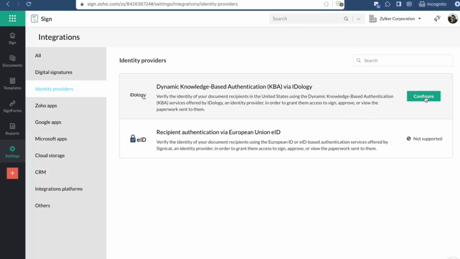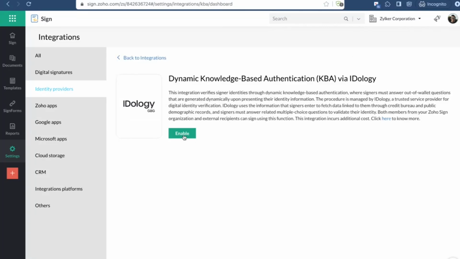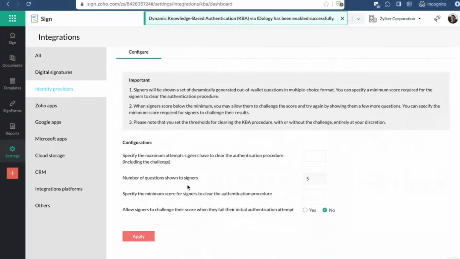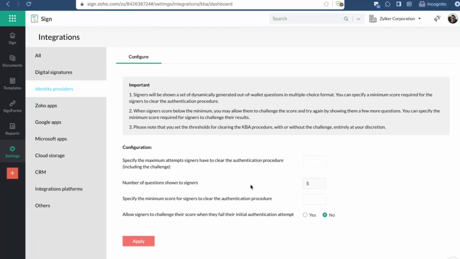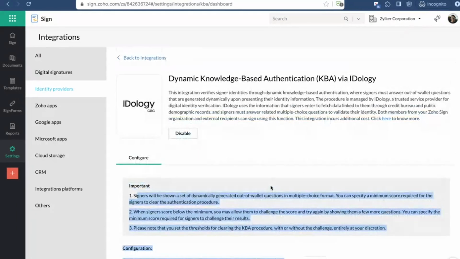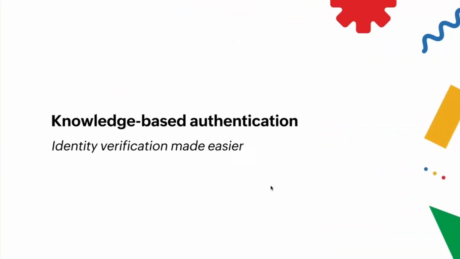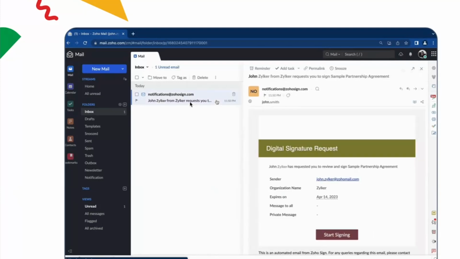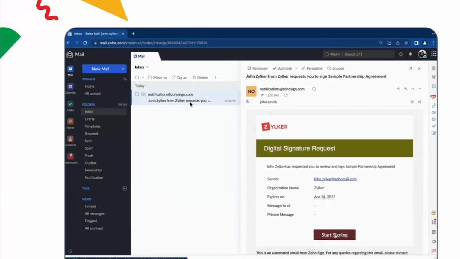So you can just configure this within Zoho Sign, and you can enable it. And when you enable it, it allows you to decide how you want to configure it, how many attempts somebody has before they are no longer given chances to prove their identity and things like that. Now, I won't read through all of this because it's fairly self-explanatory. Rather, I will just show you what it looks like when it's enabled and a document is sent for somebody to sign. So this is what it looks like when somebody receives a document to sign